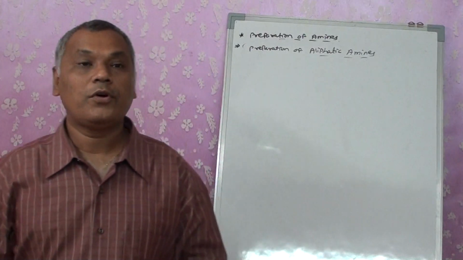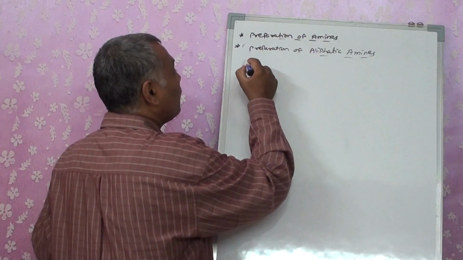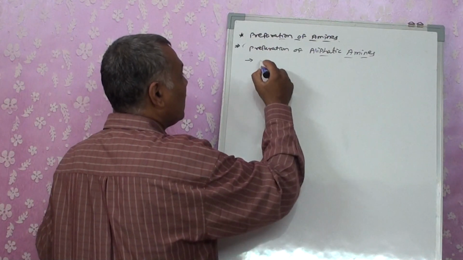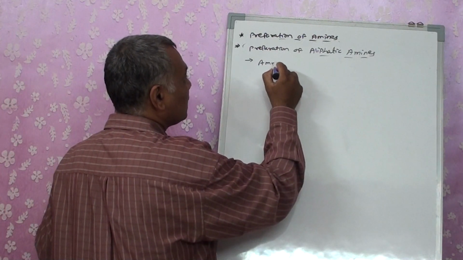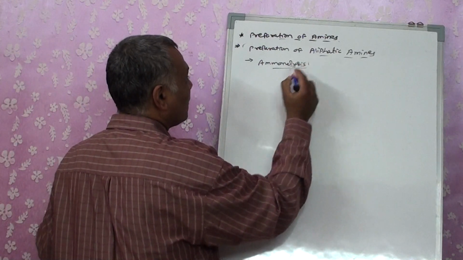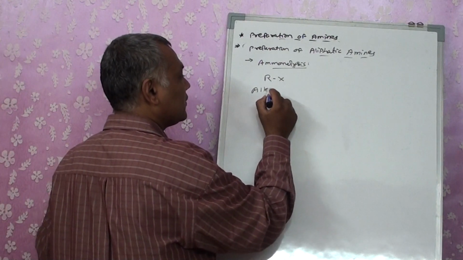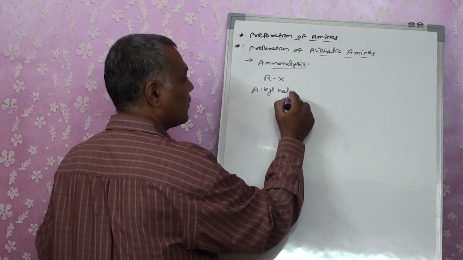Now we are going only for aliphatic amines. This is a method that we call aminolysis. That means we have alkyl halides